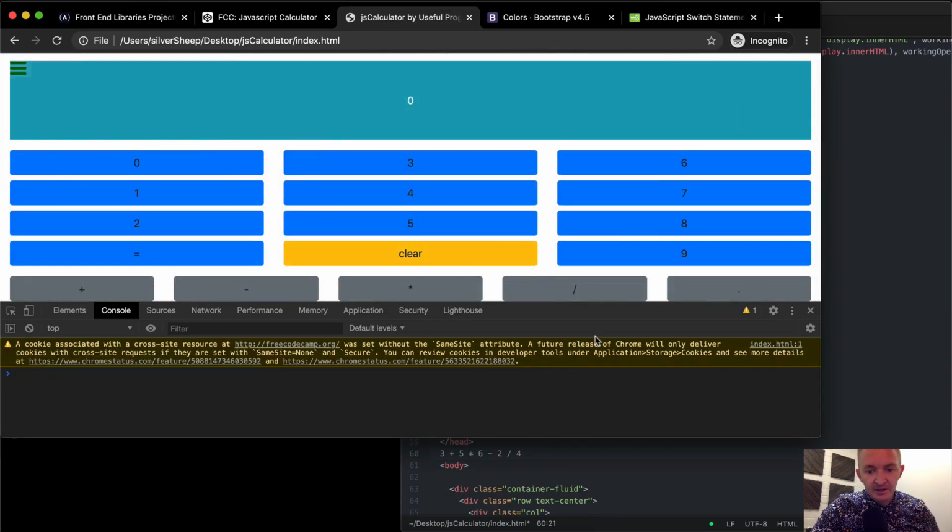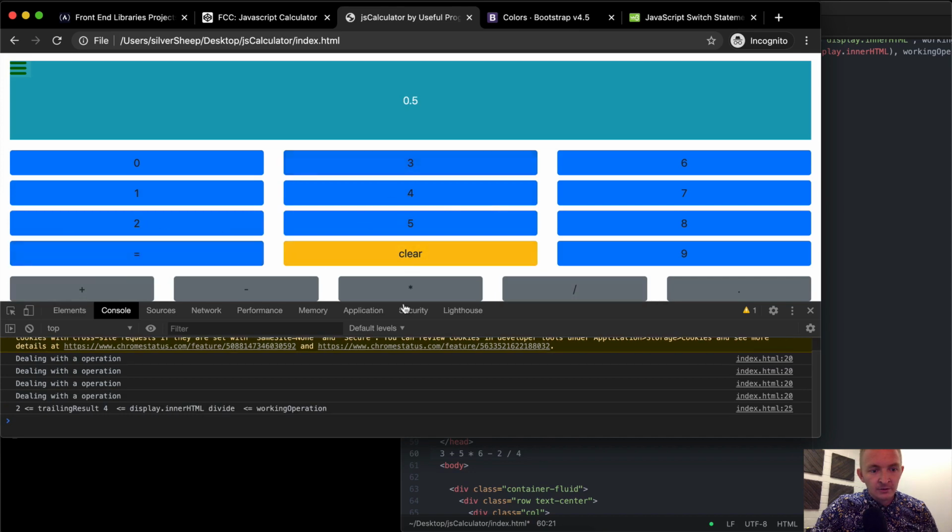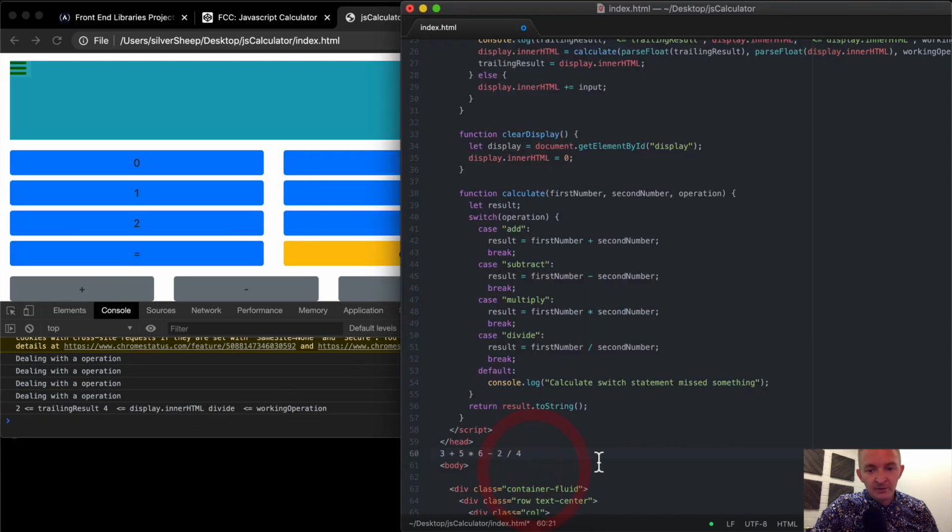If I refresh the page, and I'm just reading from here, 3 plus 5 times 6 minus 2 divided by 4 equals... we get 0.5. So what I'm thinking is happening is